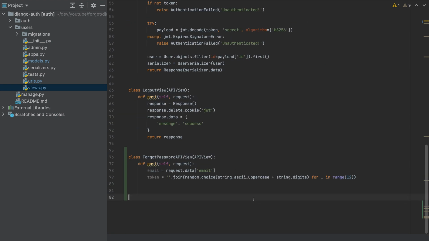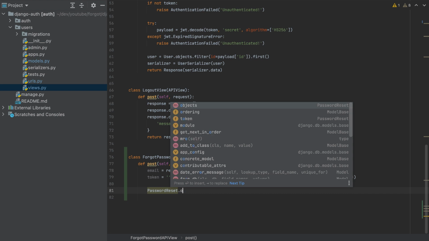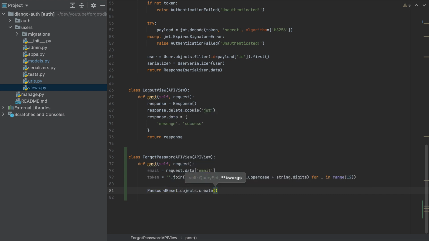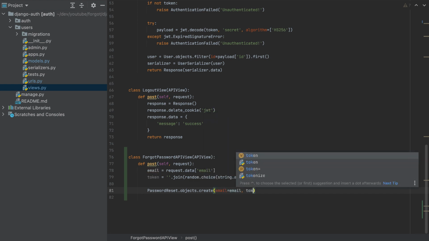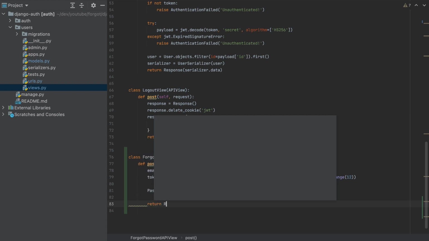Let's scroll down, and now PasswordReset.objects.create will create an object with the email, this email, and the token to be this token. So we created the password reset, and now we can return the response